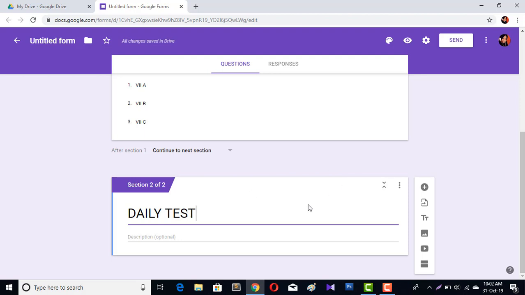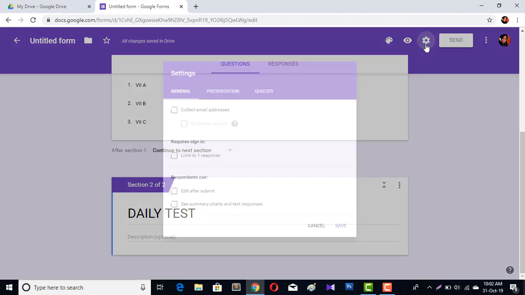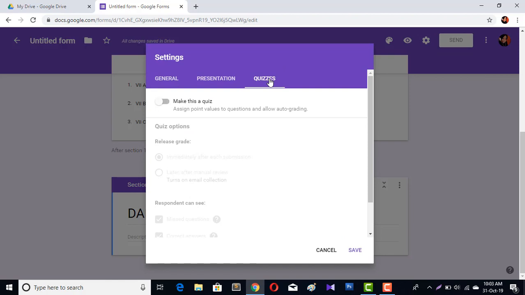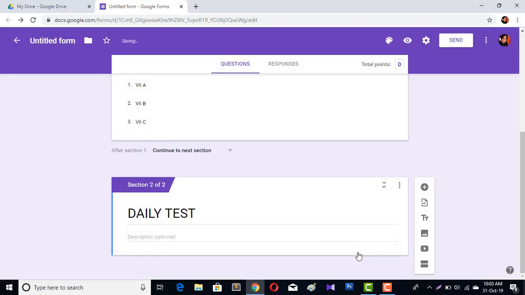Don't forget to make this section a quiz: click Settings, Quizzes, and make this a quiz. For the description, because we focus on multiple choice,